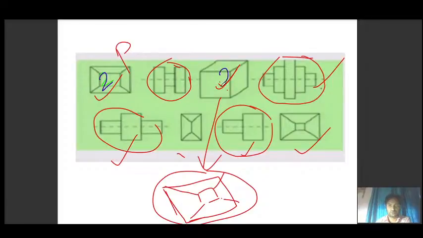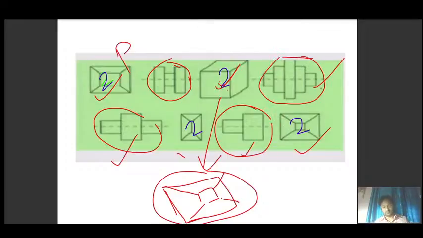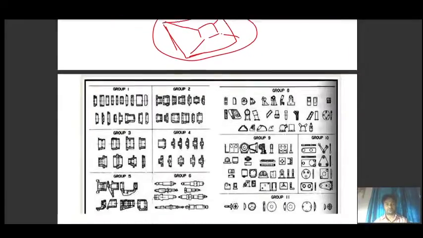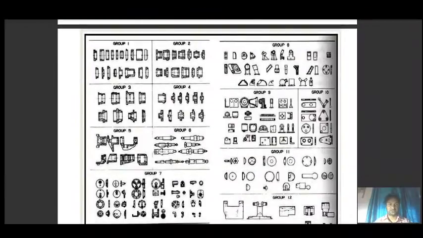These parts are part family 2, and these encircled ones are part family 1. Again, see, on the basis of, let me zoom it.